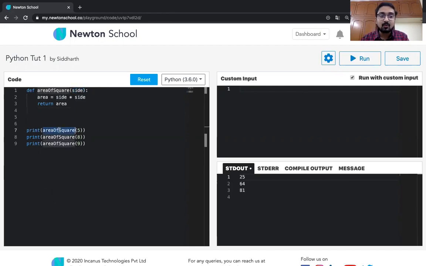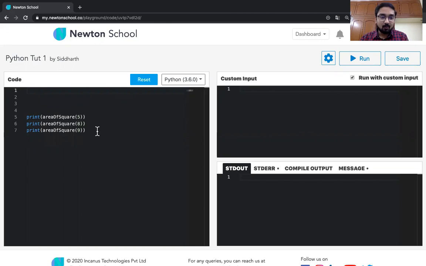So when you call area of square 5, a new temp variable side is created which is accessible only inside it. Same with 8, a new variable is created which is accessible only inside the Python function. Now if you recall, in the starting I also mentioned that order is very important. When the Python interpreter, or the clerk, comes, it must first know that whatever you are trying to invoke is already present. So in this case, if you define the Python function before you actually call it, it will work. But if you define it after you have called it, it won't work.